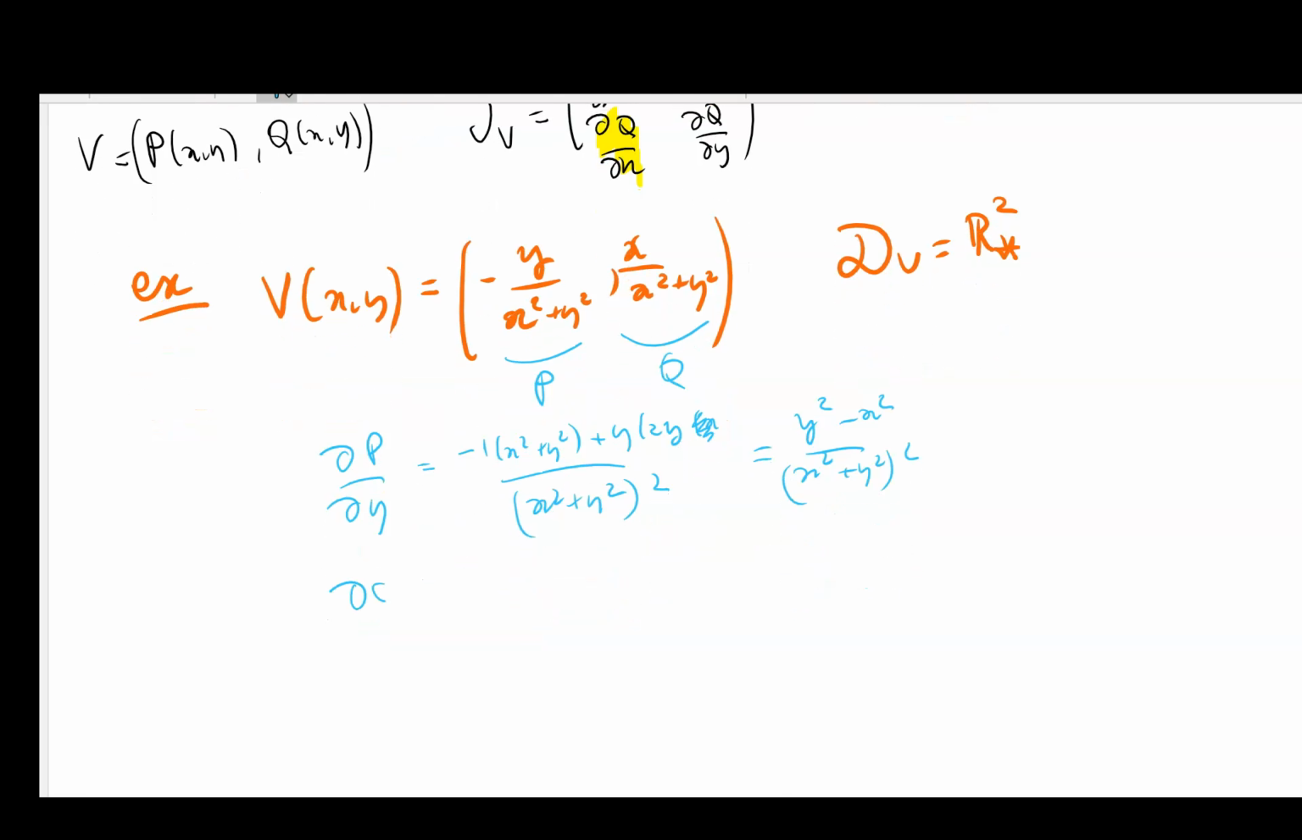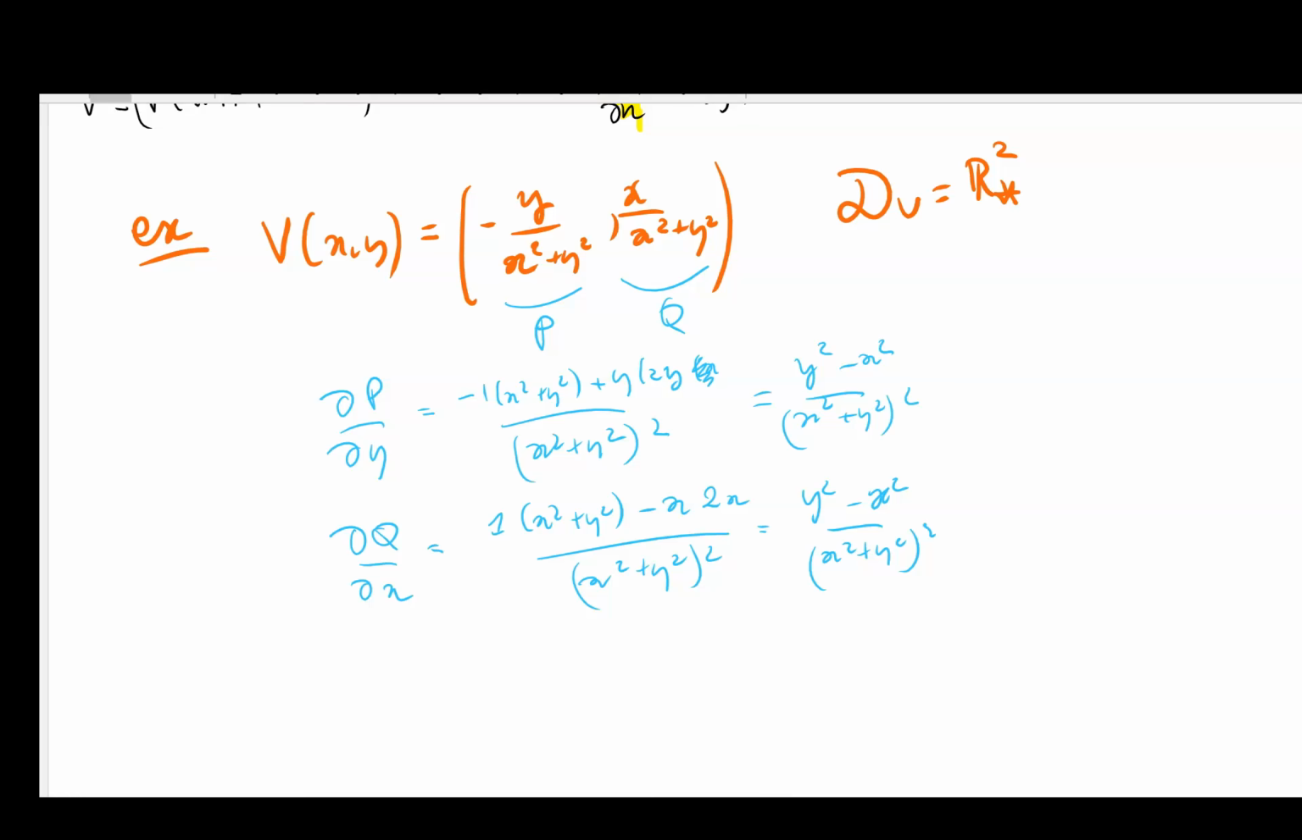If you compute dQ over dx, do it at the same time as I'm doing it, I'll pause the video. That's just going to be, well, you get something very similar: 1 times (x² + y²) minus x times 2x, divided by (x² + y²) squared. So that's again the same thing, y² minus x² over (x² + y²)². Okay, so this property is satisfied,